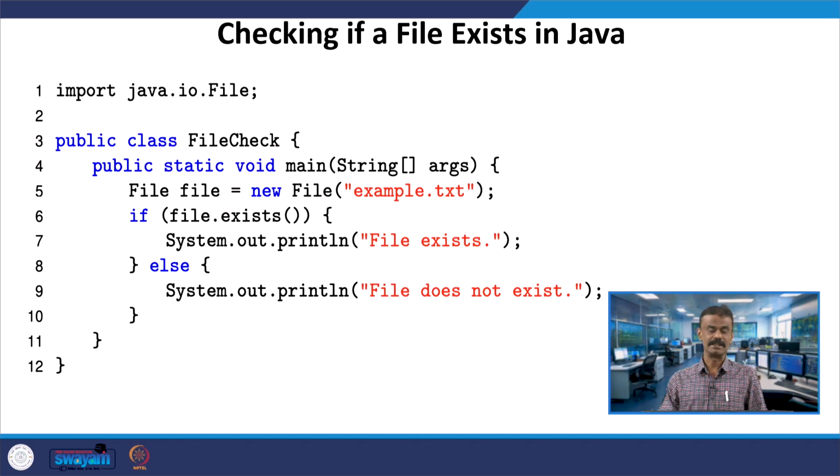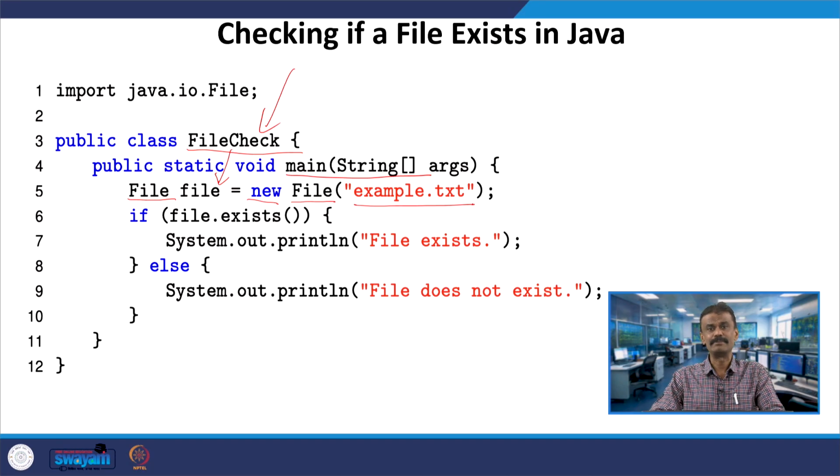Similarly, we can try it in Java, right. So, here we are including the input output file, java.io.File, and you have a public class FileCheck, which is a driver class, and then you have the main program. So, here I have created an object small f of the class File, right. The dynamic memory will be allocated with the constructor File, and then you have a one argument constructor, example.txt. So, that means file is having access with this example.txt.